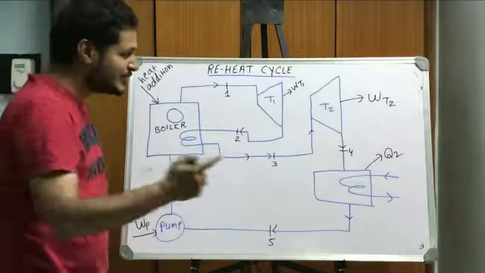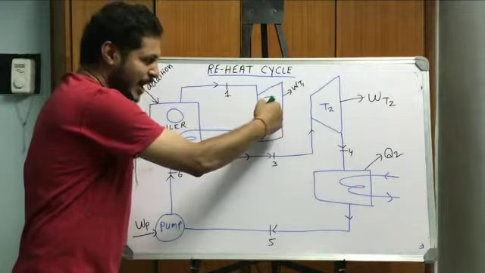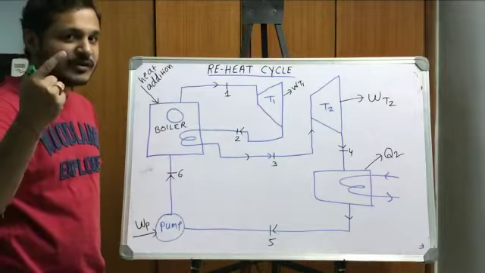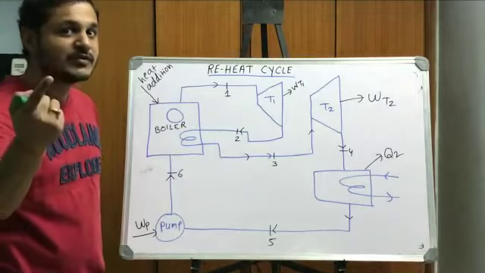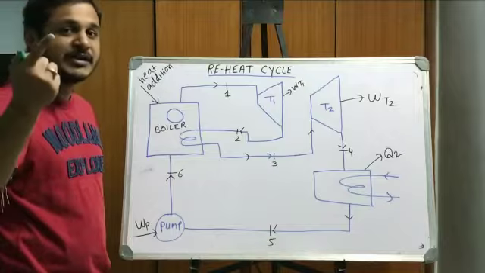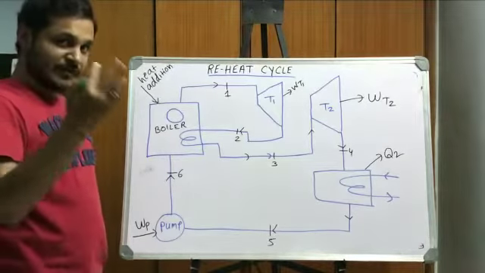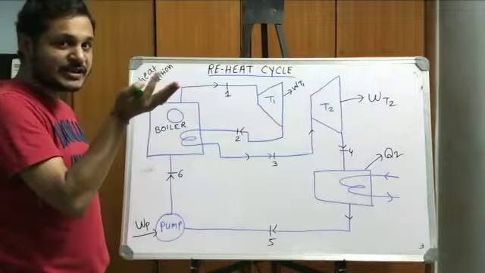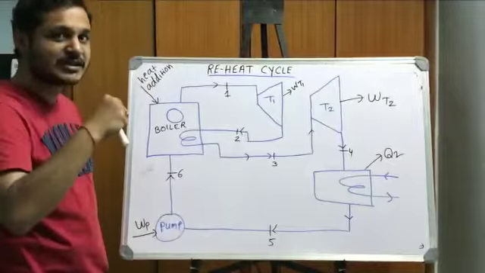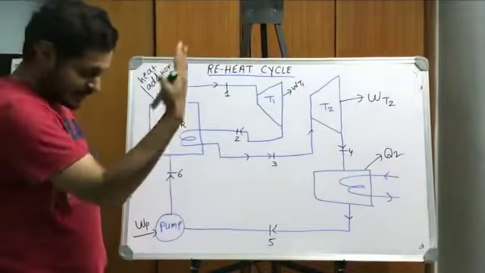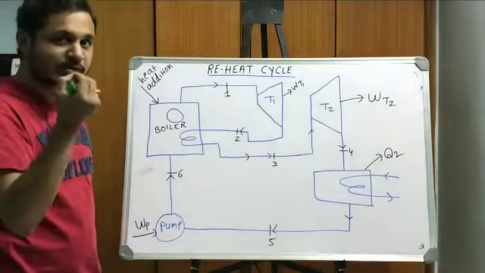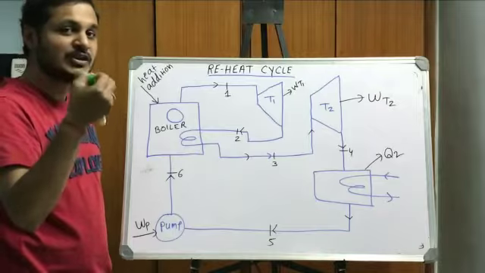So what is the extra here? We are using two turbines here. This is the high pressure turbine, this is the low pressure turbine. Two times we are doing expansion of steam. Why? To increase the quality of the steam. Because in increasing the mean temperature of heat addition, we increase the pressure. So as we increase the working pressure of steam in the turbine, what happens after expansion? We get the isentropic line towards the left side in the TS diagram. That means the water or moisture content in the steam increases, which will erode the blade.